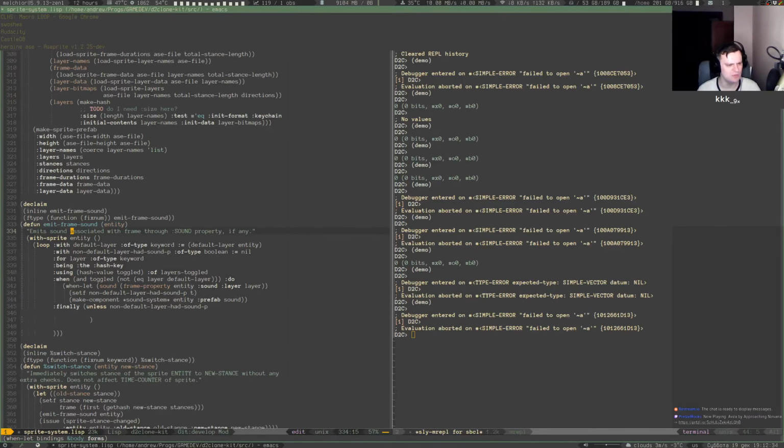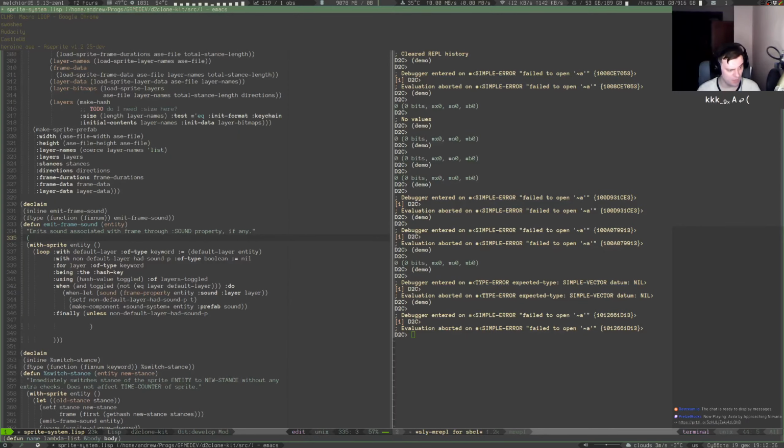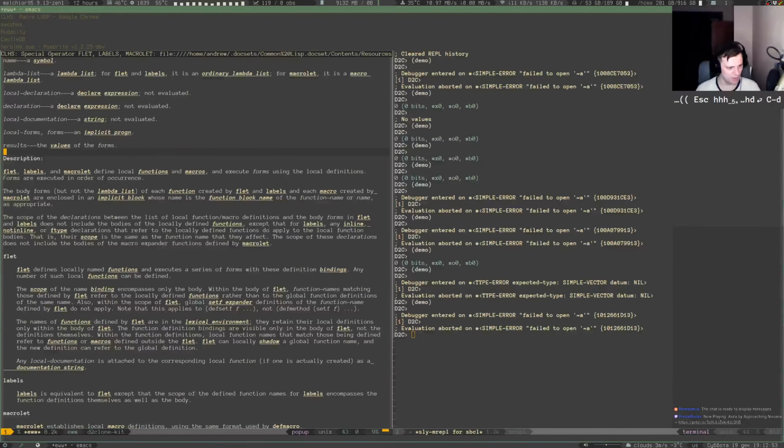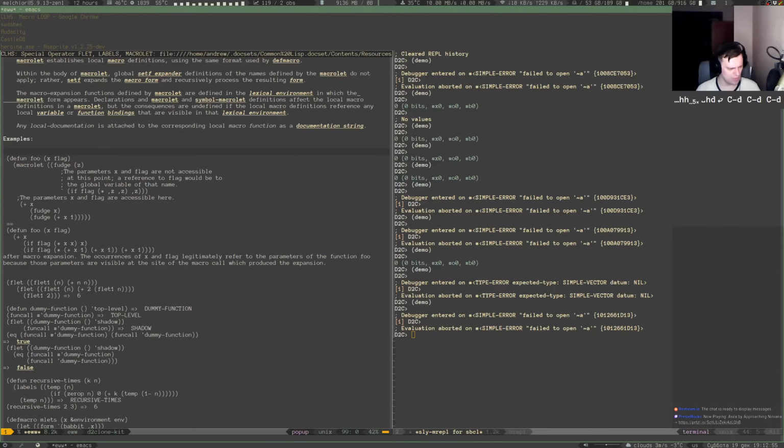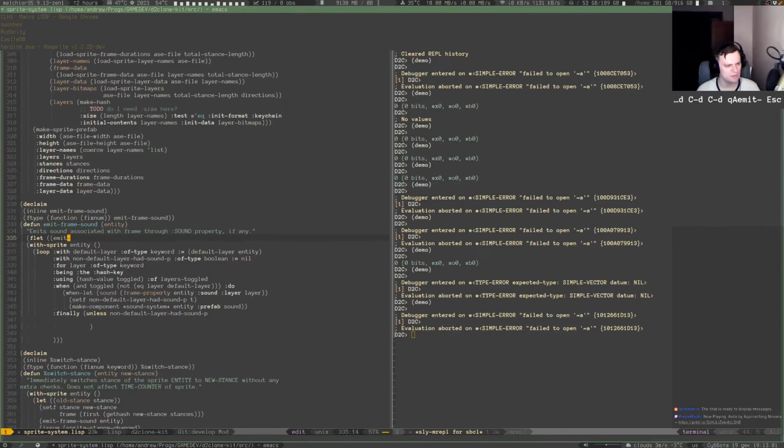Let's just use a flag. Frame property, yeah, okay. I always forget how many parentheses I should put here. Is it 2 or 1? 2, I reckon, yeah. So emit something like emit,